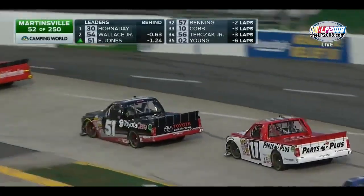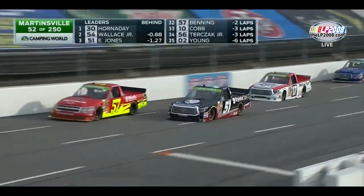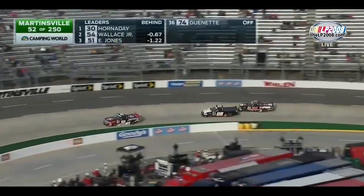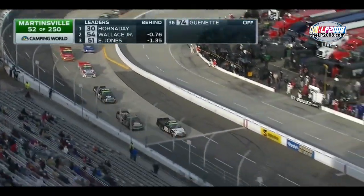Side-by-side action there. He gets to the inside of Timothy Peters. We saw Timothy get a little bit loose off, and Jones was right there to jump. That 51 truck itself's been on quite a row, huh, Phil? Certainly has. I think it's won 3 in a row coming into this race with 2 different drivers, Eric and